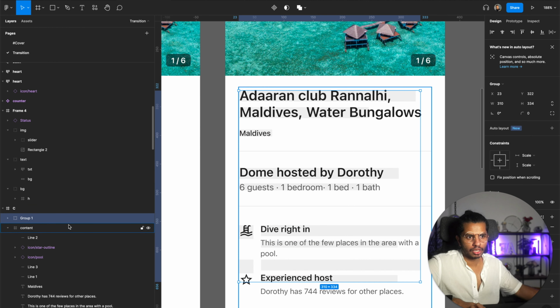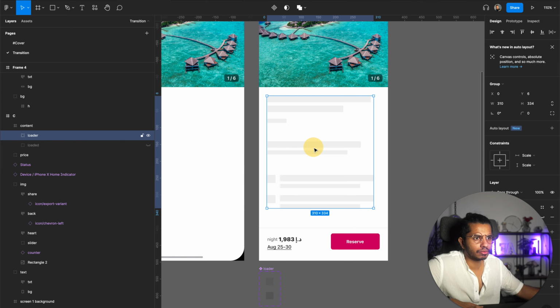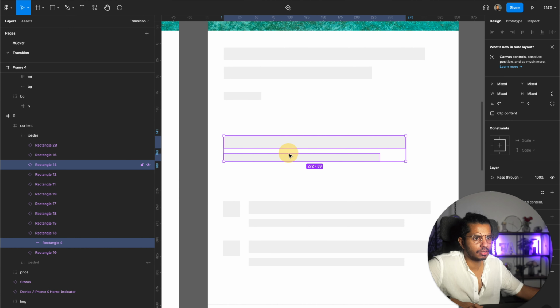And the other thing is I'm also going to group all the other loaded content and call it "loaded", just for my easy understanding. So later on when I'm animating, it's super easy for me. So if I hide this, I have a basic structure in here, which I think is pretty good. The only thing now I would do is fluctuate between, let's say, this is now